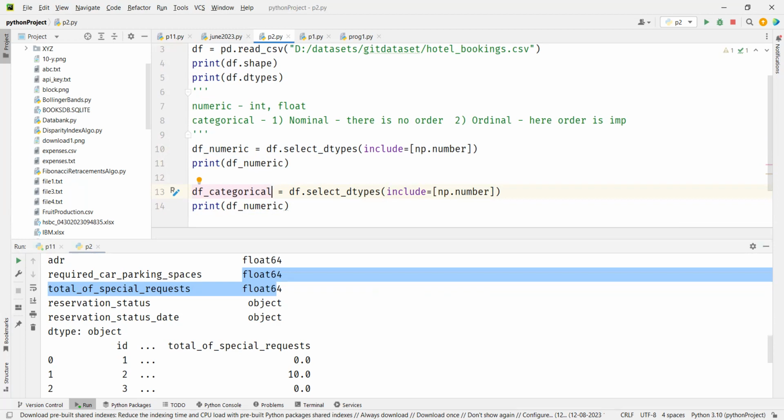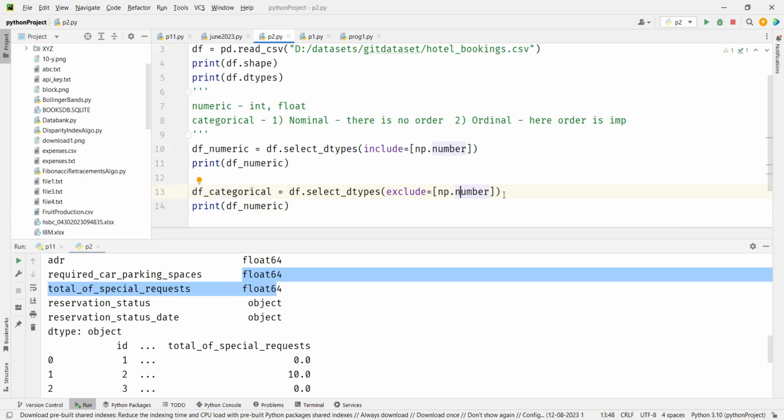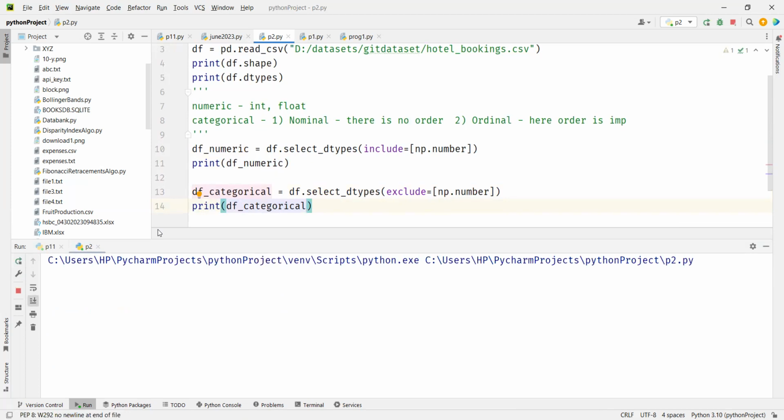Pandas will not know whether it's categorical. You have to say it is categorical. So by default, it has read as object. Object could be anything, and here it is text. So if I have to do this, I have to say exclude. What I'm saying is exclude number. So if you exclude number, obviously non-numbers will come here. So df categorical, and now if you run it,